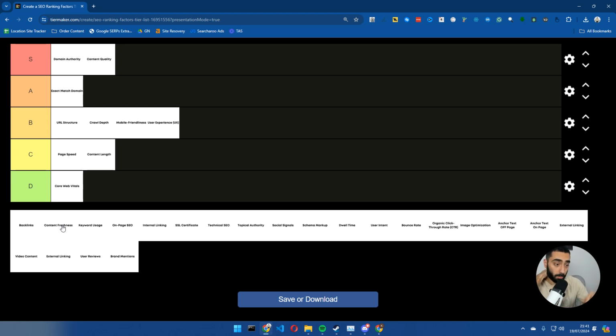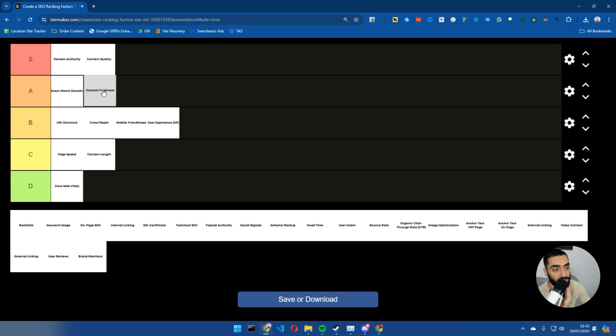One other thing as well, apart from updating the page with new products or potentially new laws, if you're in the law space, what you can obviously do is go into your Google Search Console at page level and load up the page. Let's say you've got a page talking about divorce law on your website. Look at secondary keywords that you're ranking for and try to implement that into your actual website, and that's classed as content freshness also, and that definitely does see a really good increase in rankings as well.